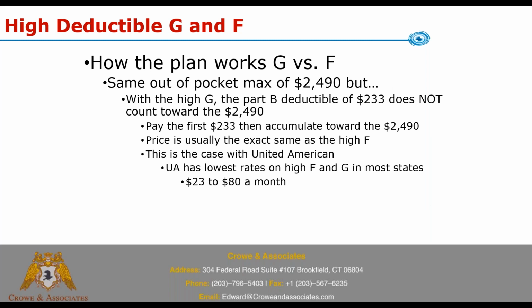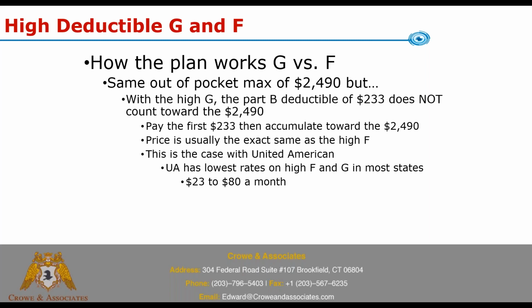So I mentioned earlier that plan high deductible G and high deductible F are essentially the same, and they are. I mean, they're almost exactly the same. The only difference is on a high deductible F, it is a true $24.90 because everything's covered on F. So once you've spent $24.90, you're covered in full. With G,